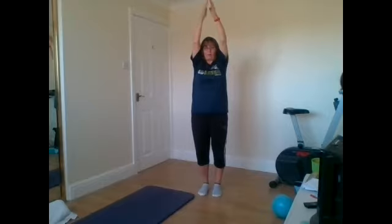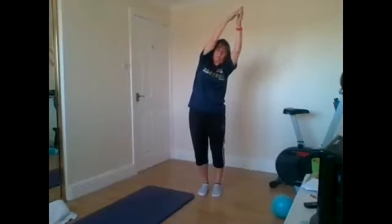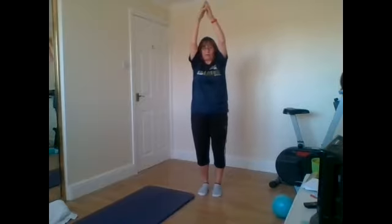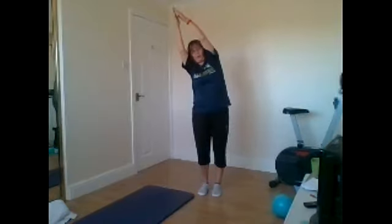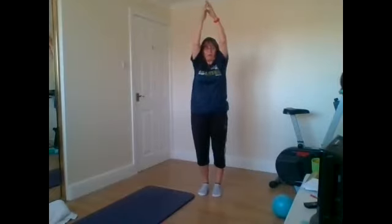bring your fingers together, and just stretch to the side, hold it, and back up, other side, stretch, hold it, and then come back up, bring your arms round, and take shoulders round, arms down by your side, small gap